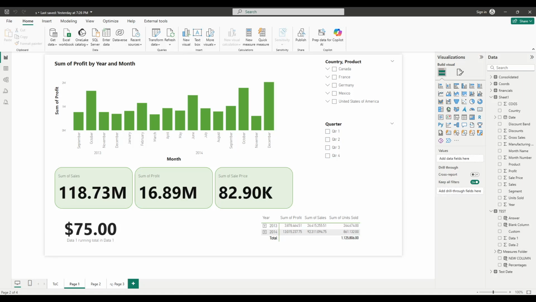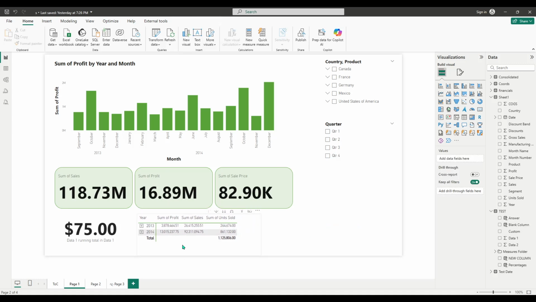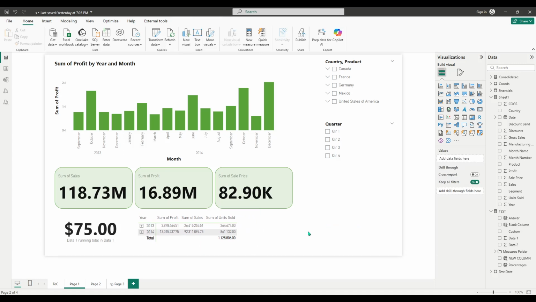In today's video, I'm going to teach you how to save filters in Power BI for future use. If you find yourself applying the same set of filters every time you open a report, this simple technique will save you time and keep your work consistent. We'll use Power BI's Bookmarks feature to capture the exact state of your report so you can return to it